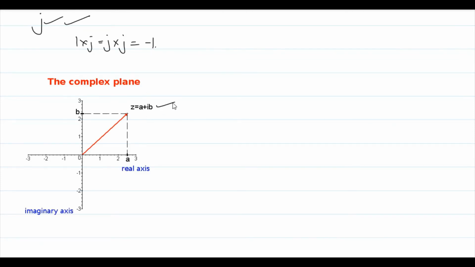This is the representation of any complex number z equal to a plus ib in the form of a coordinate system. Here we have considered the x-axis as a real axis and the y-axis as an imaginary axis. The imaginary axis only contains all the imaginary values belonging to the imaginary part ib. b is the value along the y-axis. a is a real axis value, so we can represent any real number value along the x-axis, right? So this is the representation of a complex number on a complex plane.